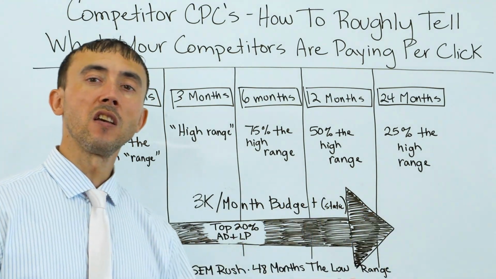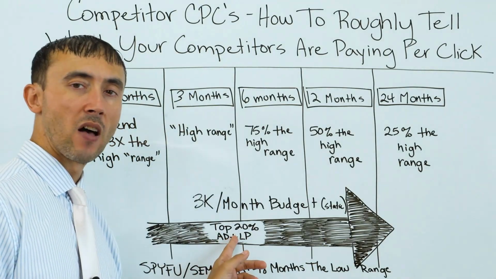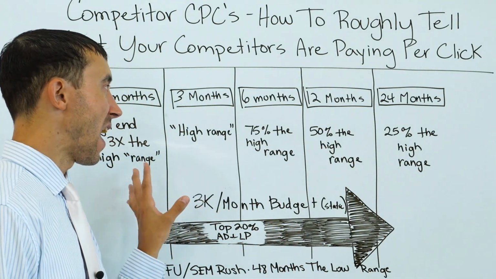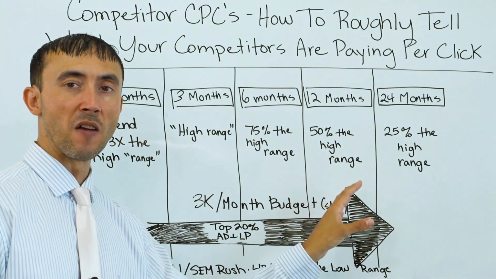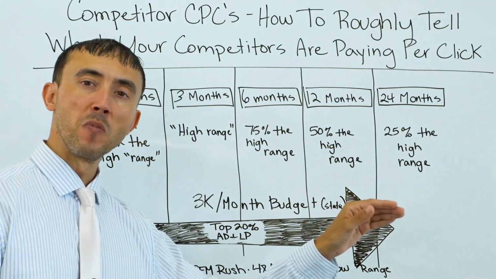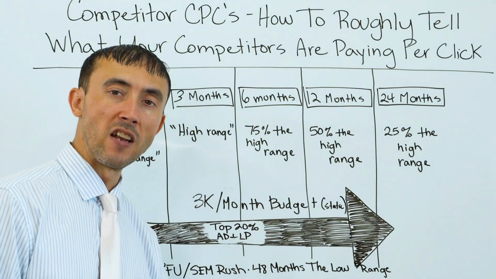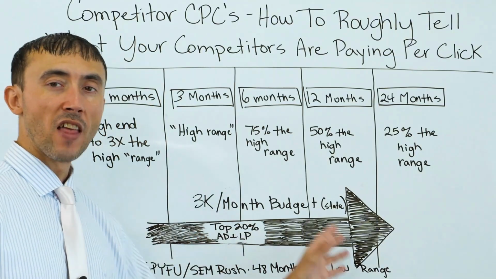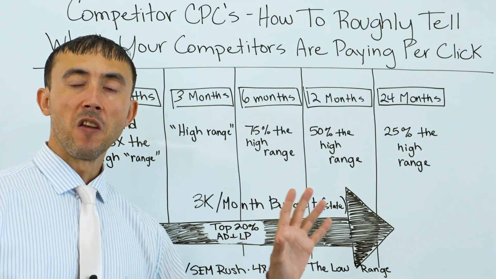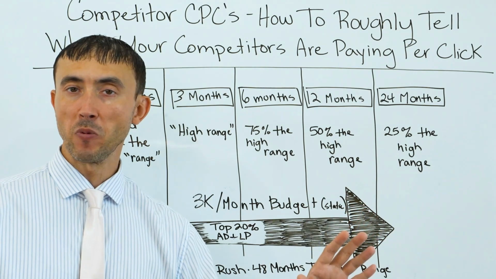If you think that their landing page and ad is not in the 20 percentile, then you will add extra time to this, or just assume that the cost per click's never going to go down. So if it's in the middle of the pack, it's going to go down, but not all the way to the low end of the range. It's going to go down to about half of the low range, and factor that in as well, which, by the way, if you don't know if a competitor's landing page or ads in the 20 percentile, 50 percentile, top,